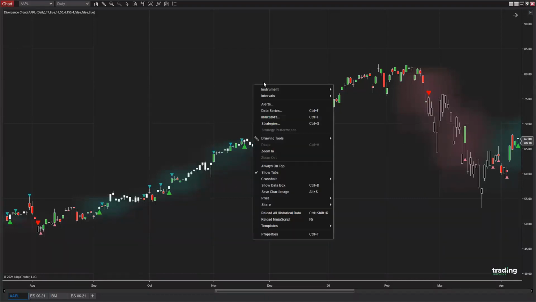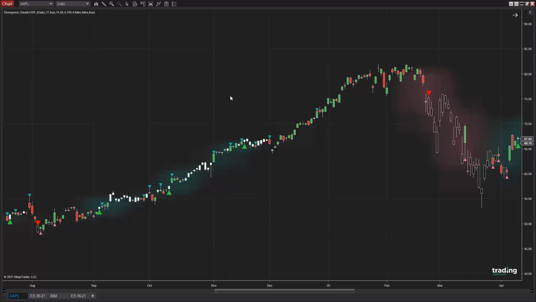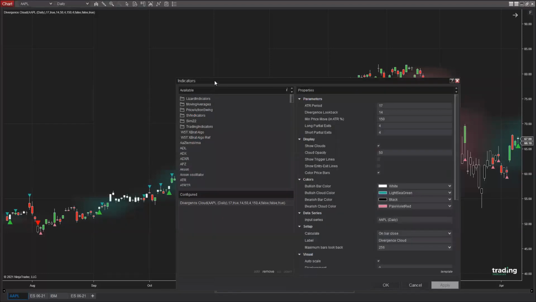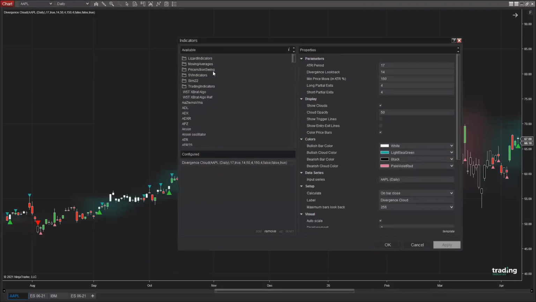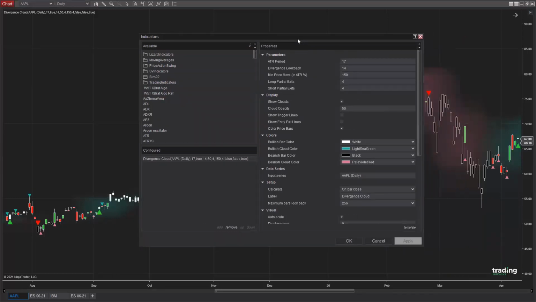Let's have a look at the configuration of this indicator. So I'm clicking on indicators. And by the way, if you get the indicator from our store, you will find it in the subfolder trading indicators. Okay, on the right-hand side, you can see the parameters for the divergence cloud. Let's focus on one parameter in particular, which is the min price move.